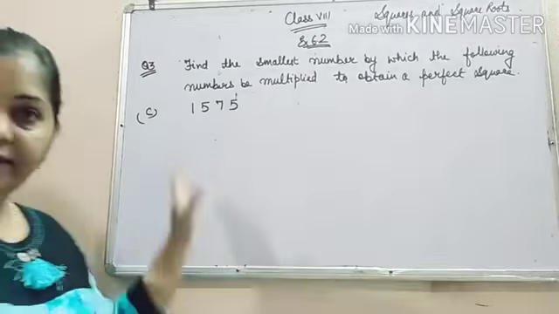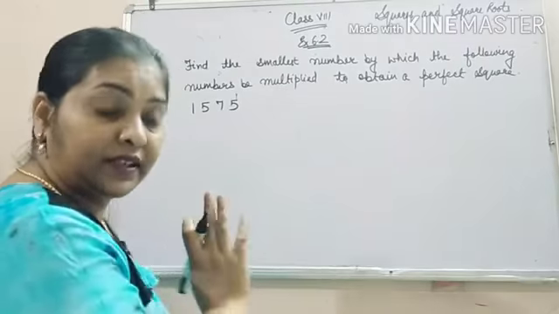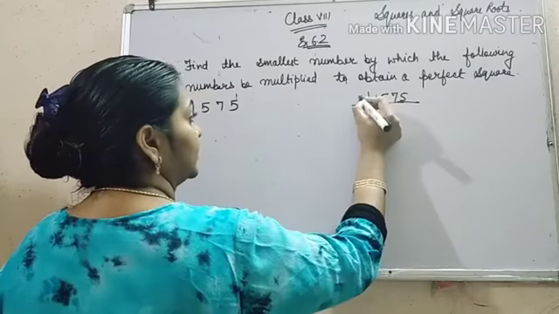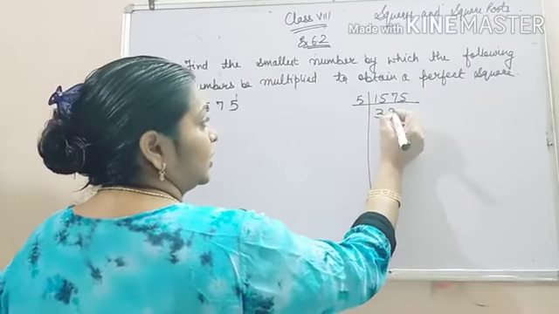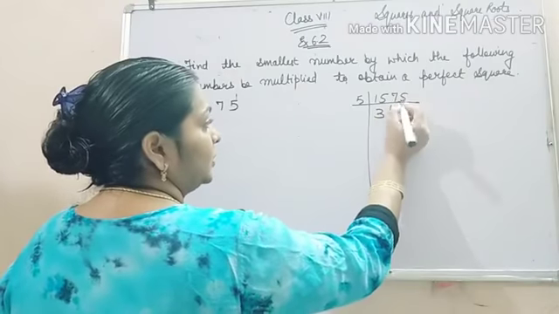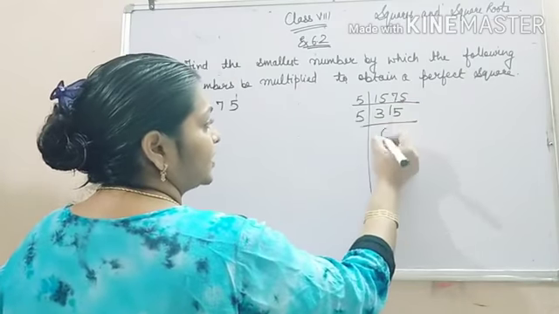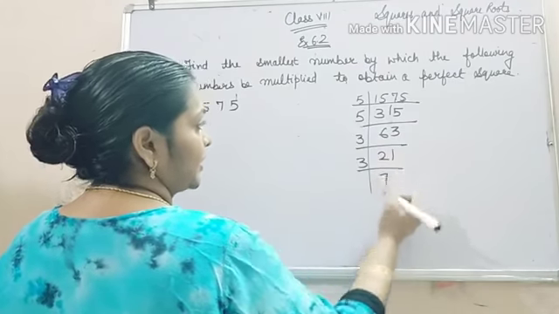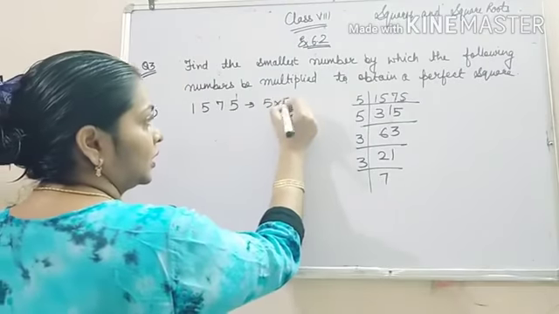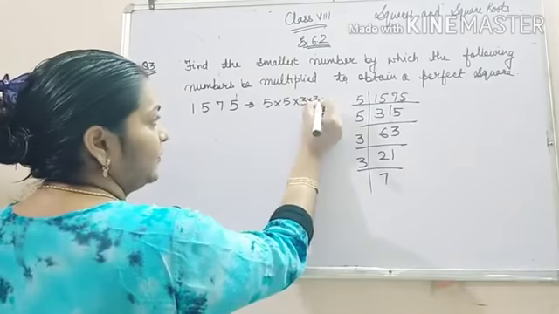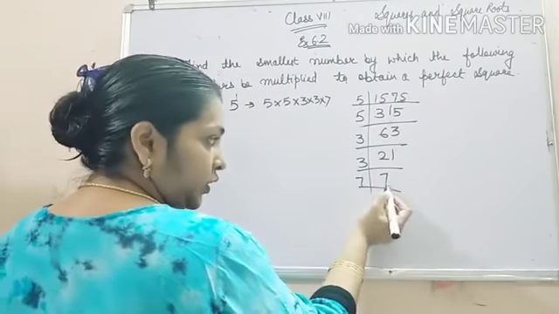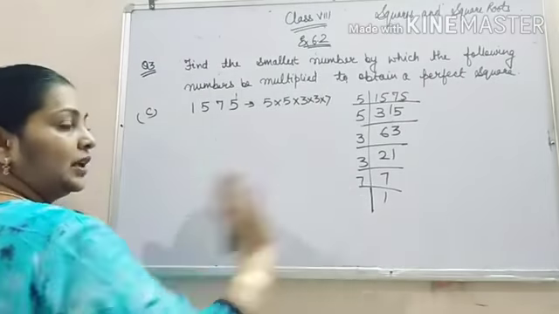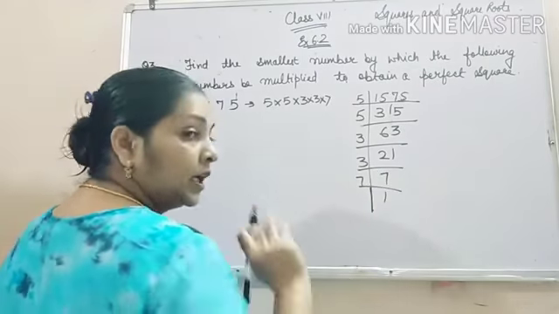Okay. So in C part it is given 1575. First of all, we will find the prime factors of this number. It is divisible by 5 again, 63. This is divisible by 3, 21. Again 3, 7. So we get the prime factors. You can leave 7 over here also, because when we divide 7 by 7 we will get 1. So you can leave it over here if you obtain any prime number.